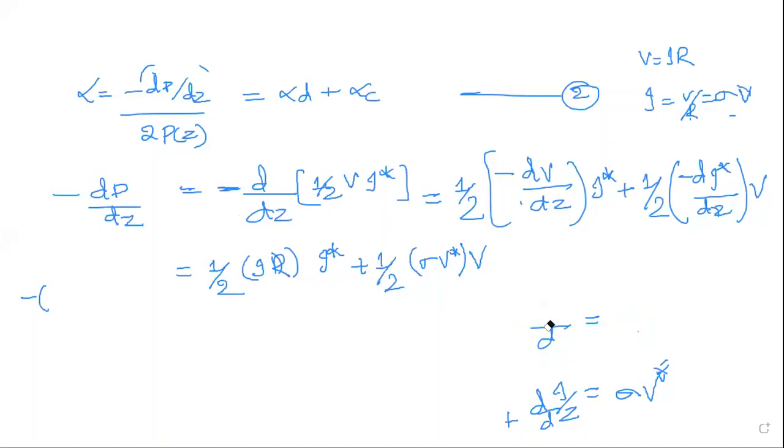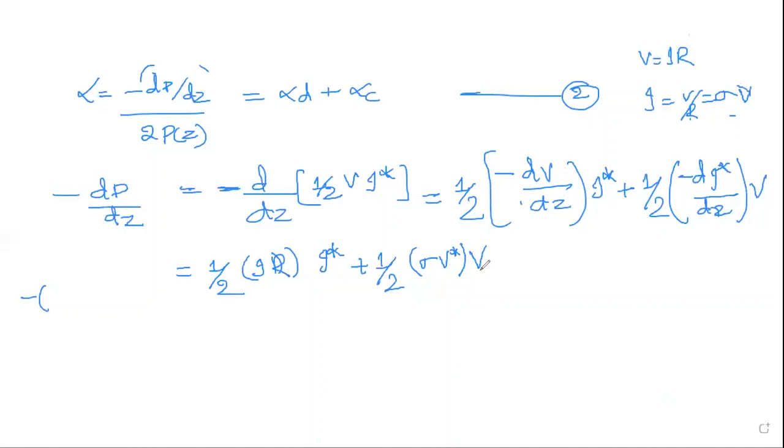Once more I'll tell you, don't get confused in this step. When you consider the voltage with respect to Z, consider the general equation what you write for voltage as I into R. So differentiation of this voltage by the Z, that is nothing but, you will be writing it as R into I or I into R. Similarly for I, it is V by R. 1 by R, we are taking it as conductance. So conductance into V star, which is V.